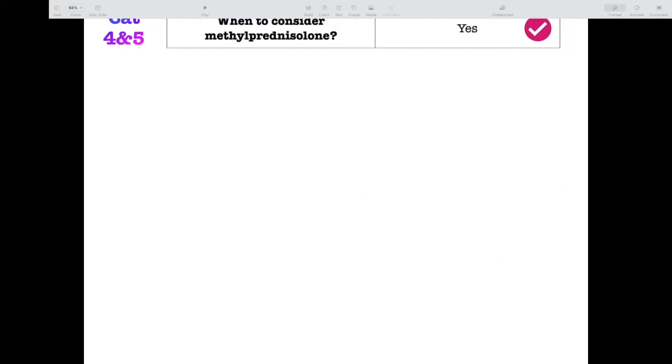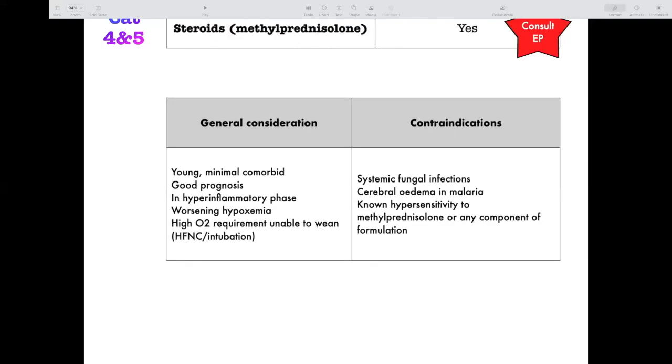So when do we consider methylprednisolone? For this one, we need to consider the usage of IV methylprednisolone when the patient is young, has fewer comorbids, and generally has a good prognosis, and the patient is in hyperinflammatory phase or worsening hypoxemia, which